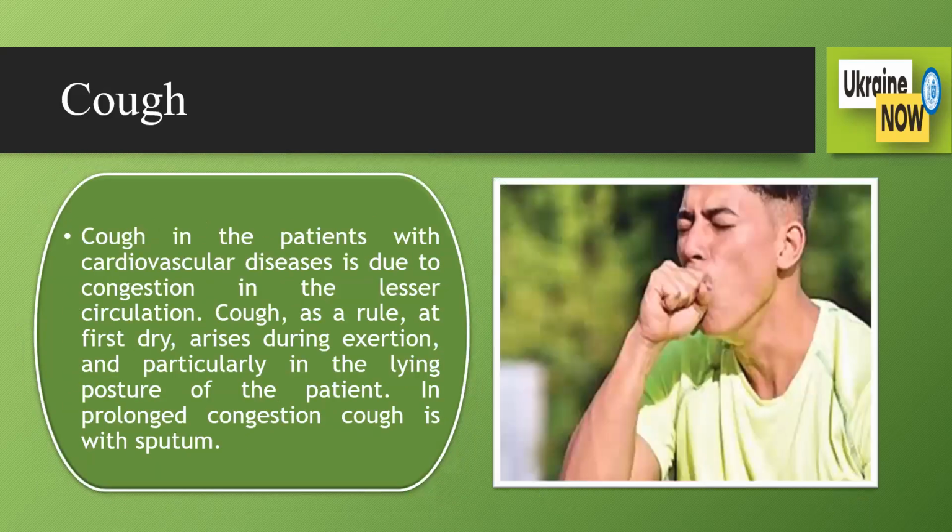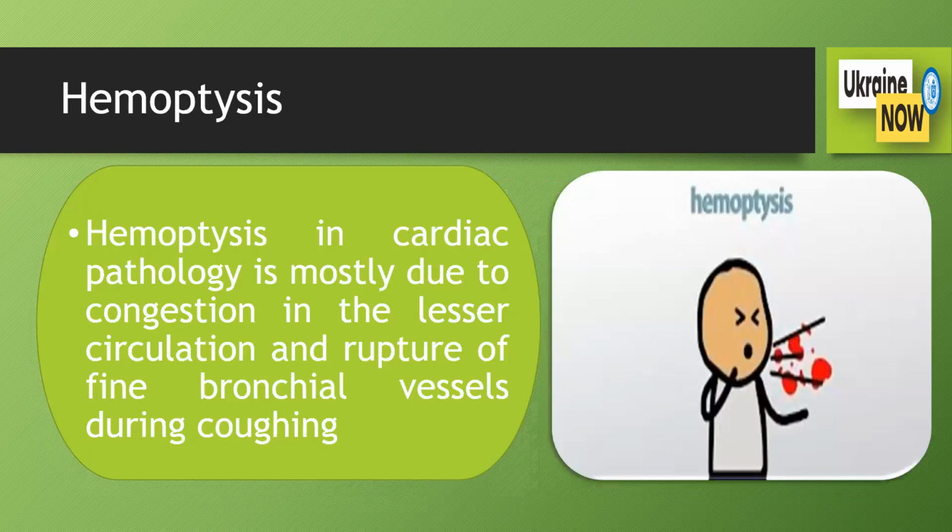Next is cough. Cough in patients with cardiovascular disease is due to congestion in the left circulation. Cough, as a rule, at first is dry, arises during exertion, and particularly in the lying posture of the patient. In prolonged congestion, cough is with sputum. Next is hemoptysis, which in cardiac pathology is mostly due to congestion in the left circulation and rupture of fine